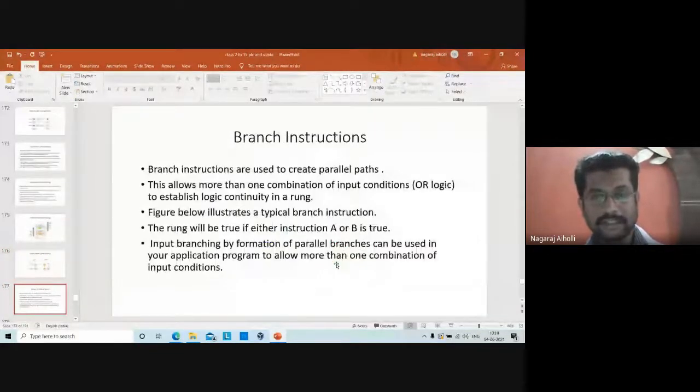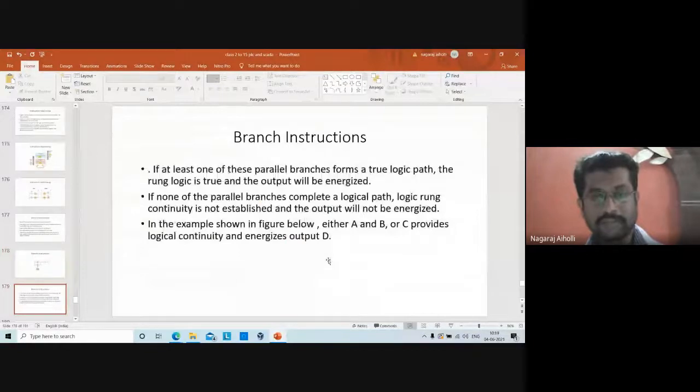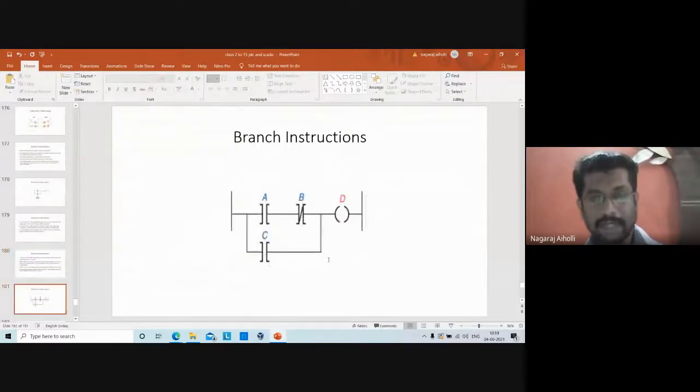Then branch instructions. What is a branch instruction? Creating parallel paths, we call it a branch instruction. The example we gave is a simple figure of a single branch. Then we explained various points about branch instructions, considering many path branches.